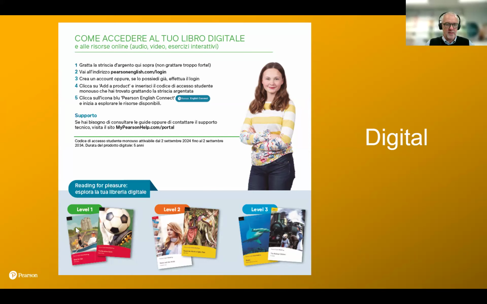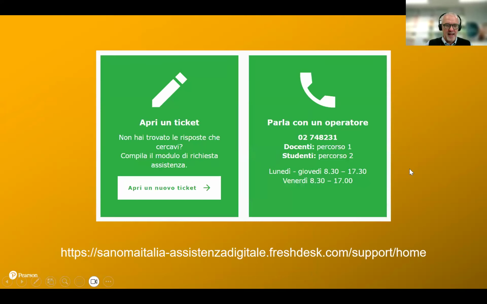We are starting with 2 graded readers for every level, and every year we will be adding new digital narrativa into this library. So we'll be building a library as we go. Okay. I think it's important to mention that with Pearson and Sanoma, our partners, we do offer a really good support system, which is really helpful for teachers because for every teacher there are hundreds of students.